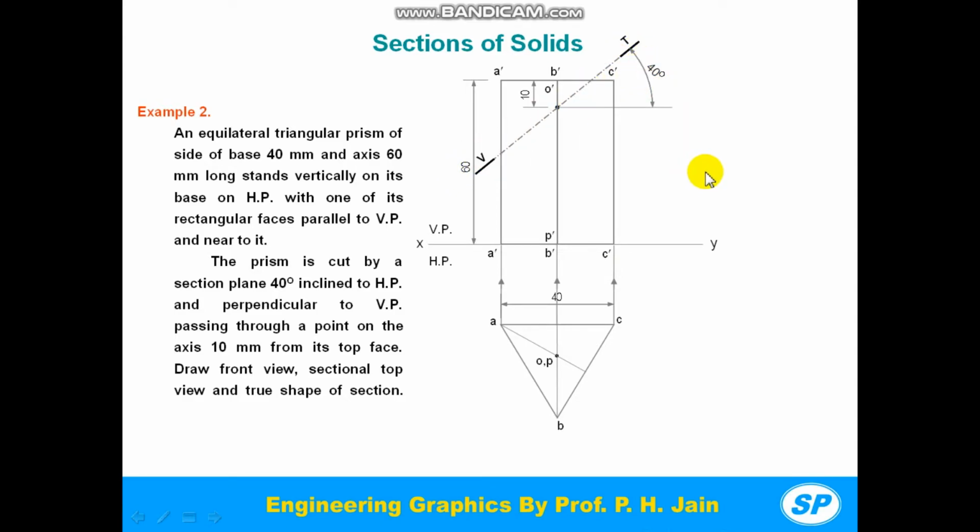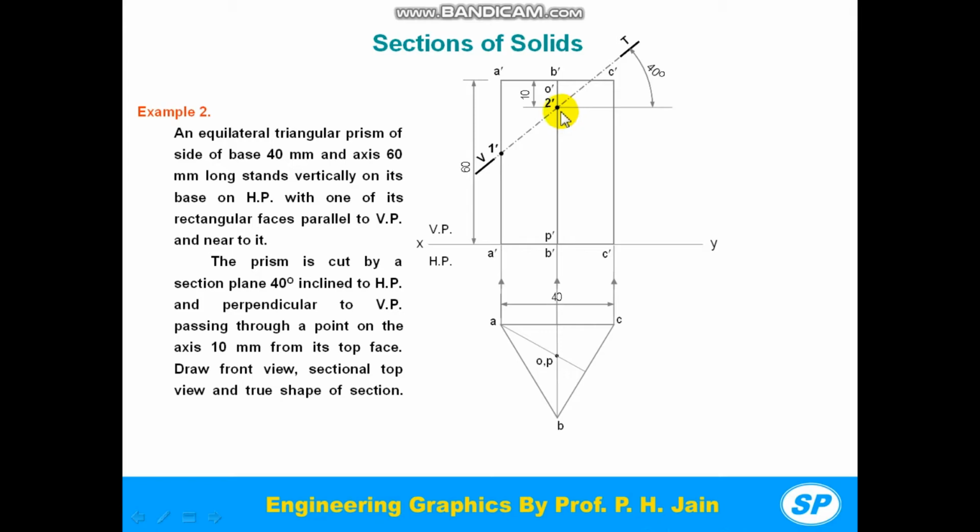Now the next step is to draw the sectional top view, and then we have to complete the front view. To draw the sectional top view, we have to mark the section points where the cutting plane cuts the edges of the prism. See, the cutting plane cuts some of the edges, like it cuts the A dash longer edge at one point. So mark this point as section point 1 dash. Similarly, it cuts the longer edge B dash.